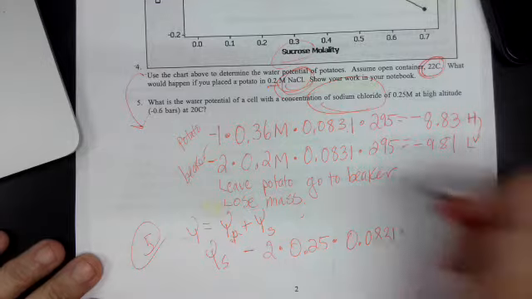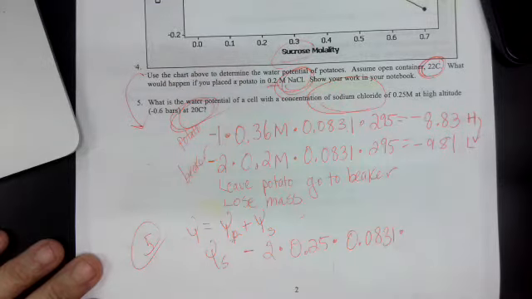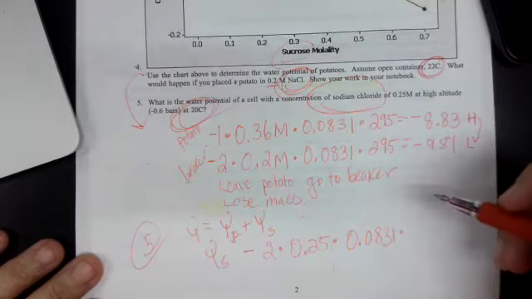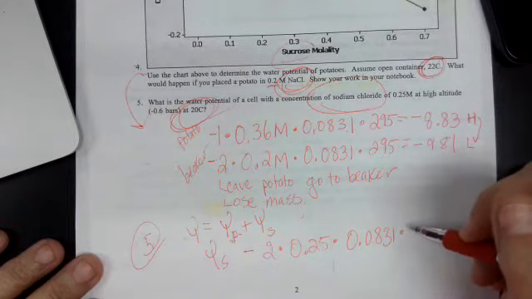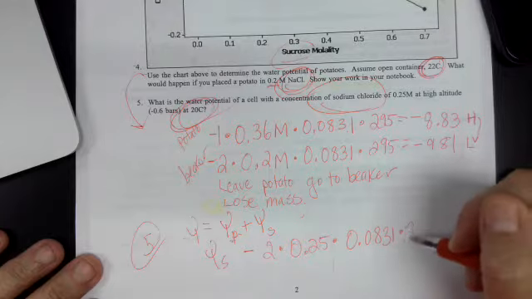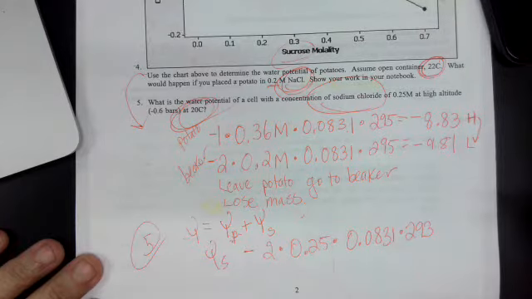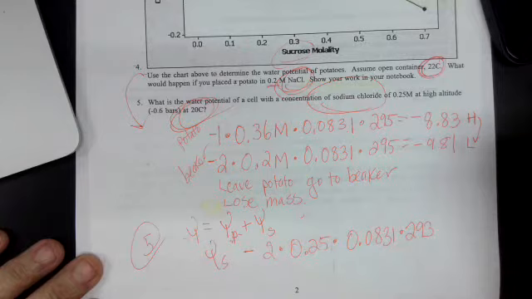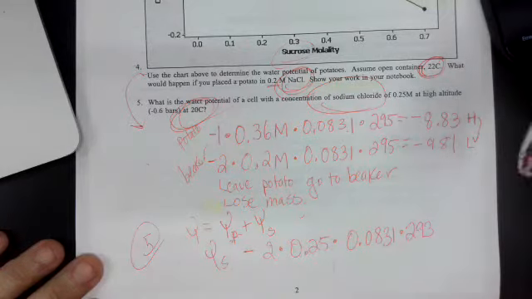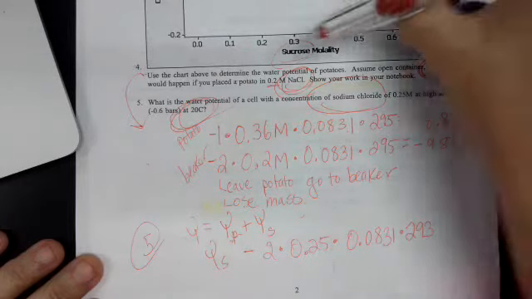In this case, we're looking at 20 degrees Celsius, so that is going to be equal to 293. All right. And when we put that into the calculator,